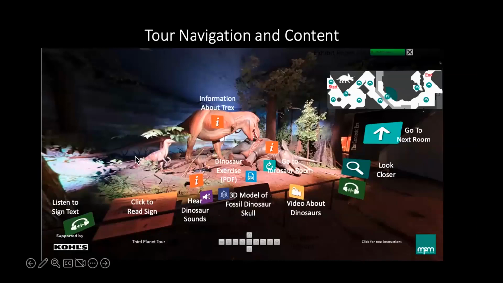There's a bunch of different types of information associated with each tour, and in reality it's more information than you get just by reading the sign going through the tour itself. We'll have a demonstration of what each of these icons